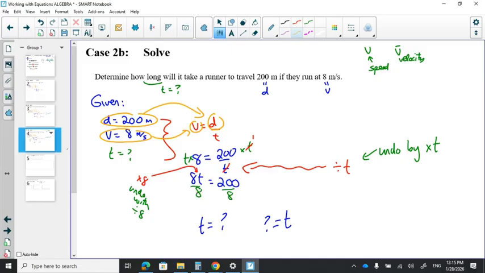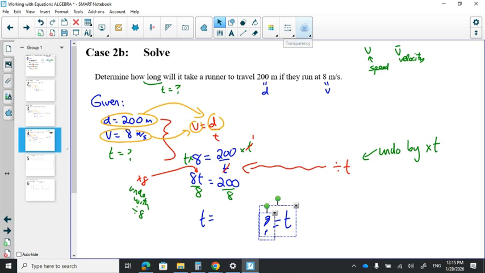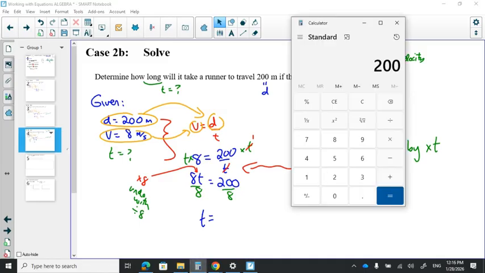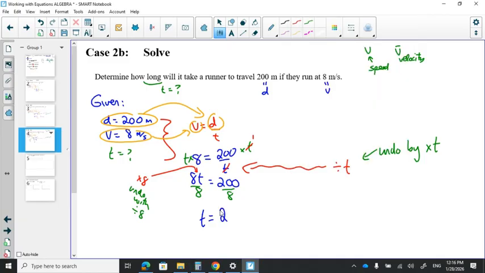Check the numbers here, right? So notice how my T ended up on the left, but that's where it's left after that work. So we get rid of those things and get an answer here. So 200 divided by 8 is a pretty easy number, but you don't need to stress out about numbers as you go through. It's going to be your 25, right? So 25 seconds. Again, we could analyze the units if we wanted to, but therefore it would take 25 seconds